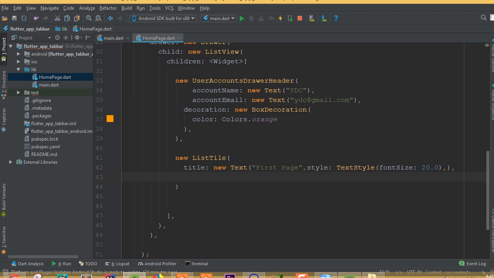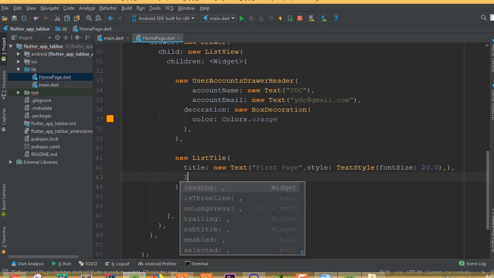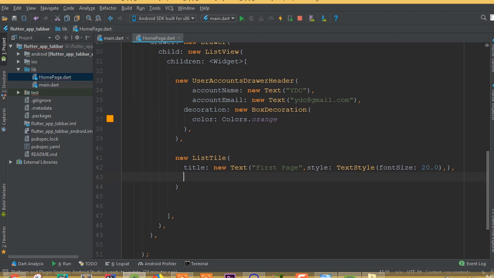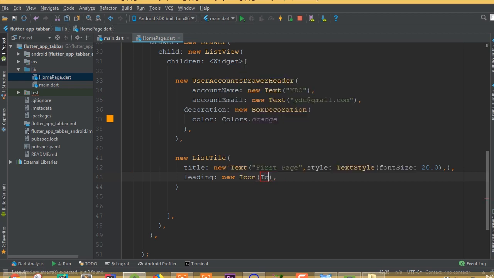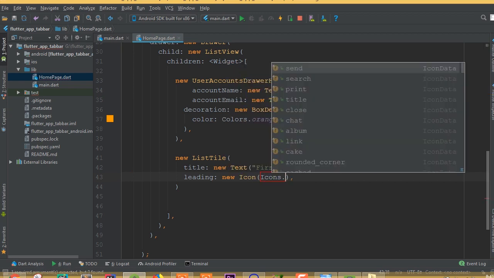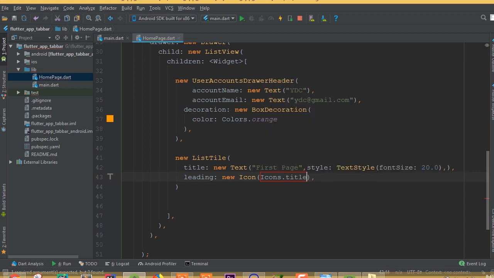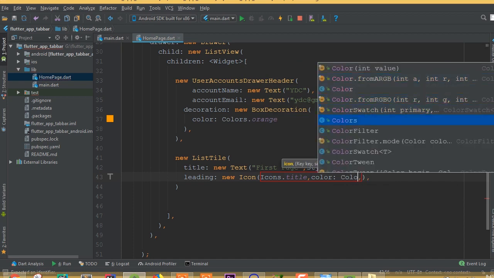Now there are two properties for adding an icon inside this first page title name. There is a property called leading, and there is another property called trailing. So if you choose leading, then your icon will be added on the left side. Okay, so let's see. New icon is going to be icons dot, we can choose this icon and choose a color. So color is going to be colors dot orange,